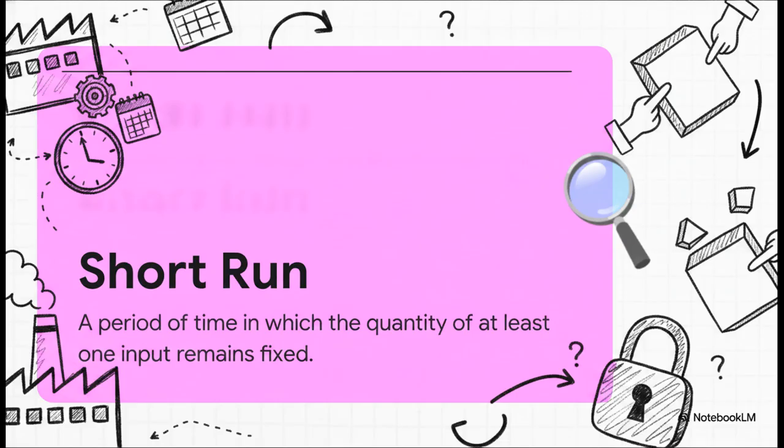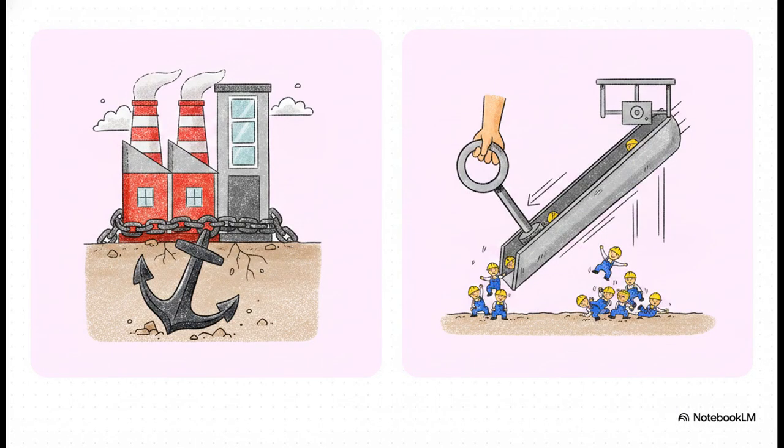For a tech startup, maybe they can change all their inputs in a month. For an auto manufacturer, it might take a couple of years. But as long as you're stuck with at least one unchangeable input, you, my friend, are operating in the short run. To really get how scaling works during this tricky period, we've got to contrast the 2 types of inputs